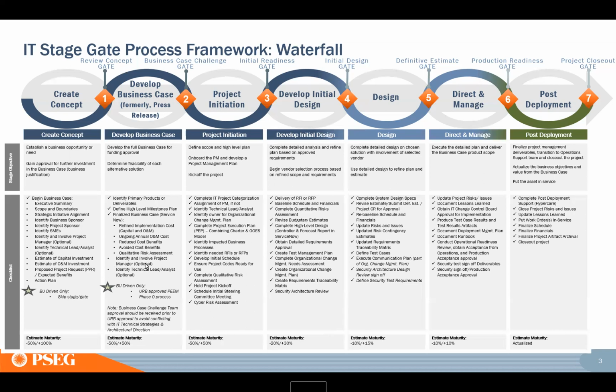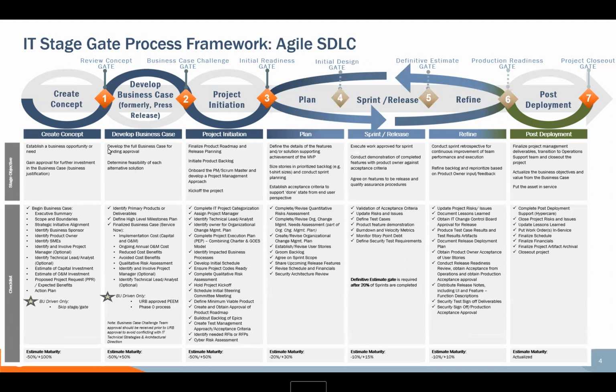This is the waterfall, but there's also one for Agile. In Agile, the first 3 stages are exactly the same, because as far as I'm aware, there is no Agile funding that exists at BSCG. Funding in general is all waterfall, even if you're doing it in phases. They may release dollars in phases, but it is by no means an Agile funding process. So really,